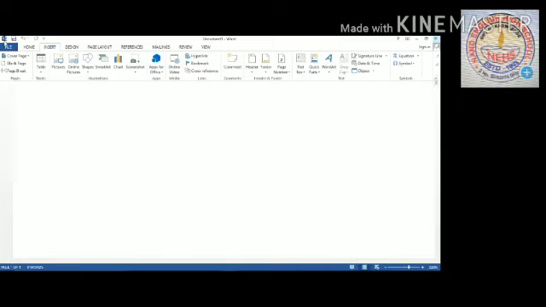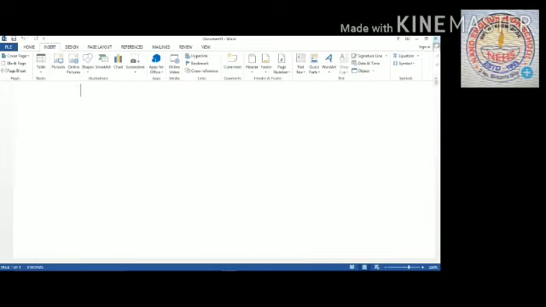Next, status bar. The status bar is displayed at the bottom of the MS Word window and gives information about the current document. This is the status bar. This is showing the current document information. We are using this document, no? Document Word, one word.